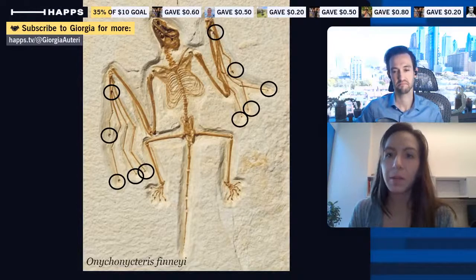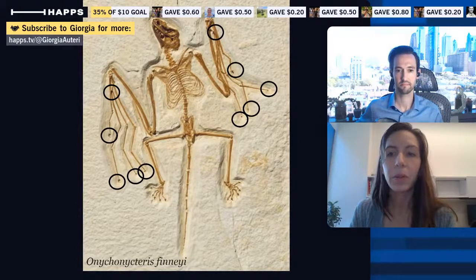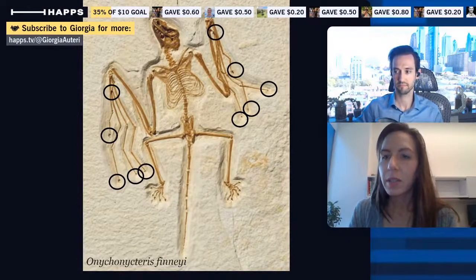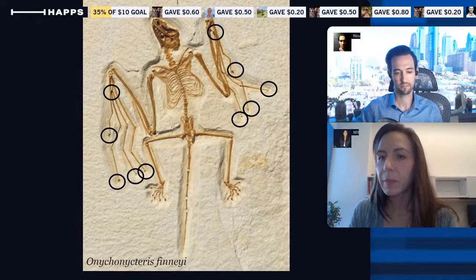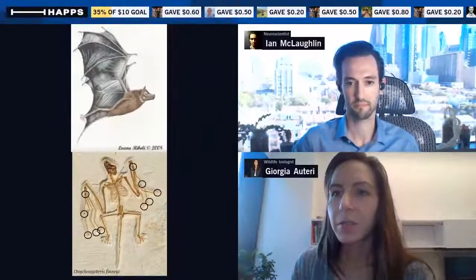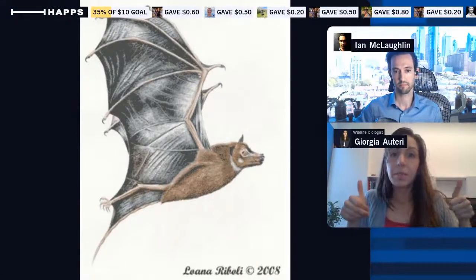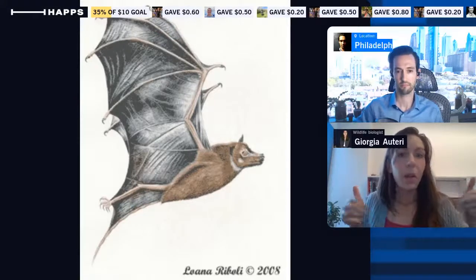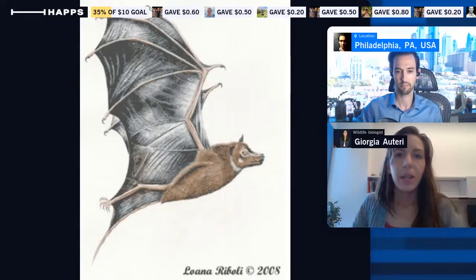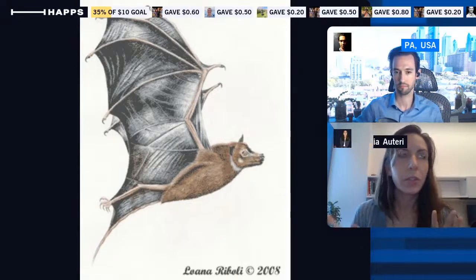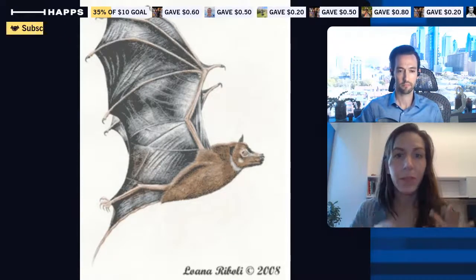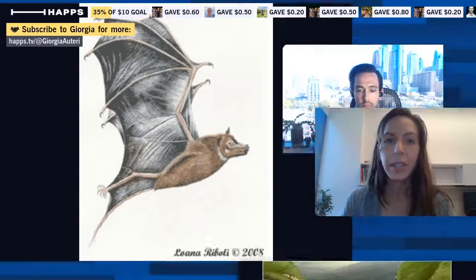So none of our modern bats have claws anymore, but this ancient bat did. And we can see it a little bit better in this artistic rendering where we have a bat flying that has claws on its thumbs, on the front of its wings, but also on all of its other fingers. And so basically that happened because the evolutionary ancestor, that little animal that was crawling around on all fours, eating